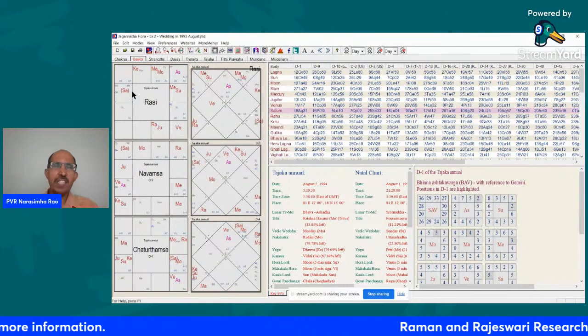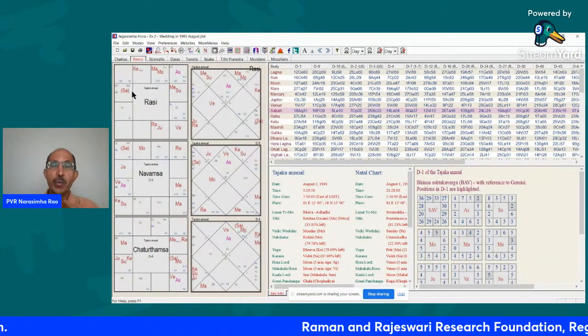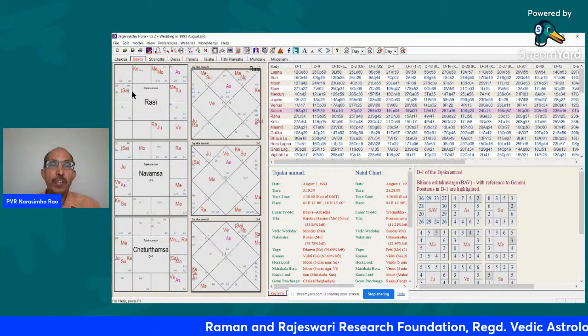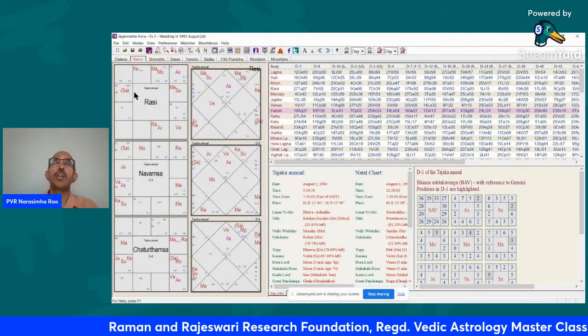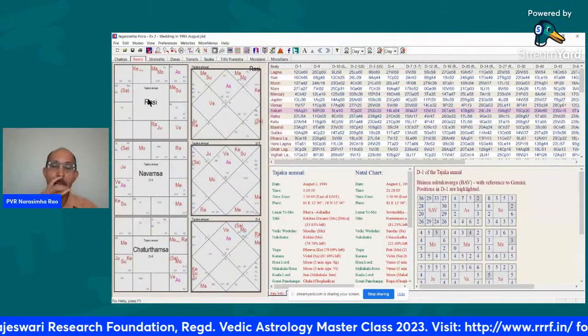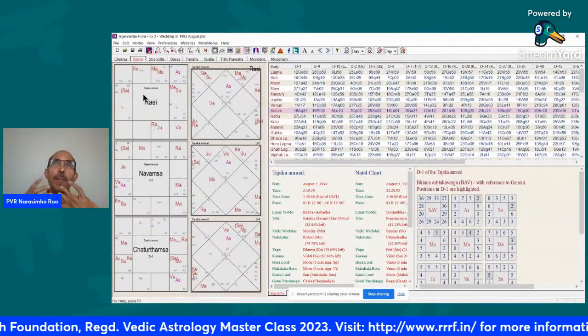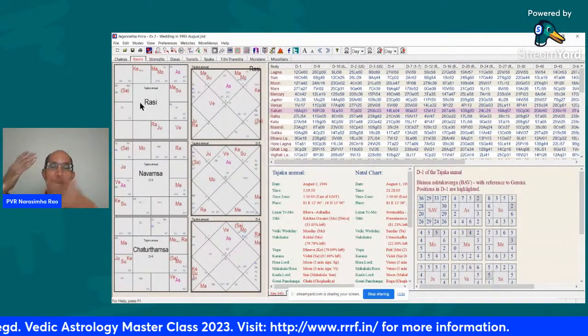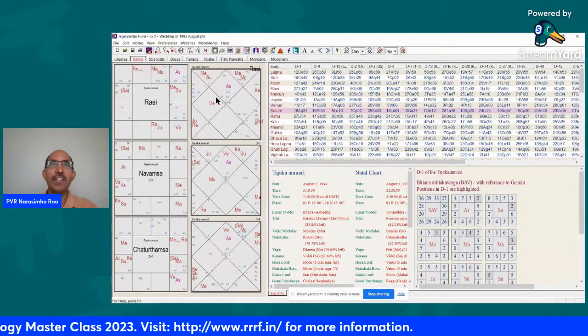So all the concepts of classical astrology that you use for the charts of individuals can be used for the charts of muhurtas also. Because there is an individual that is born at the time of that muhurta, even though that individual may be an abstract entity in your mind compared to a human being in flesh.